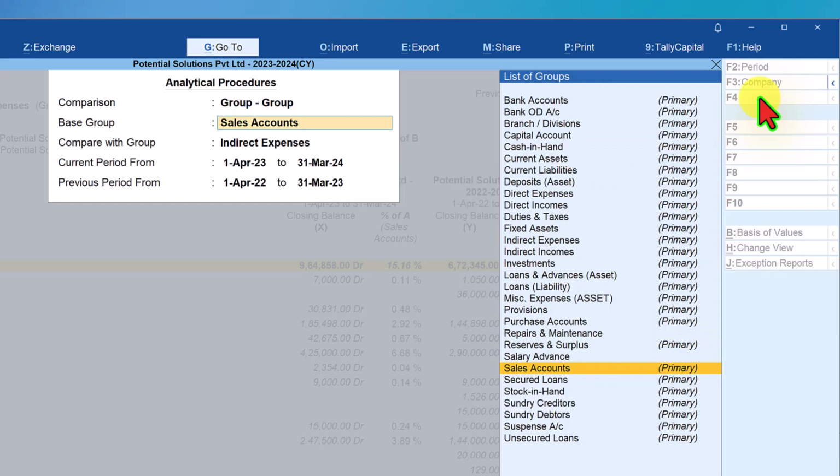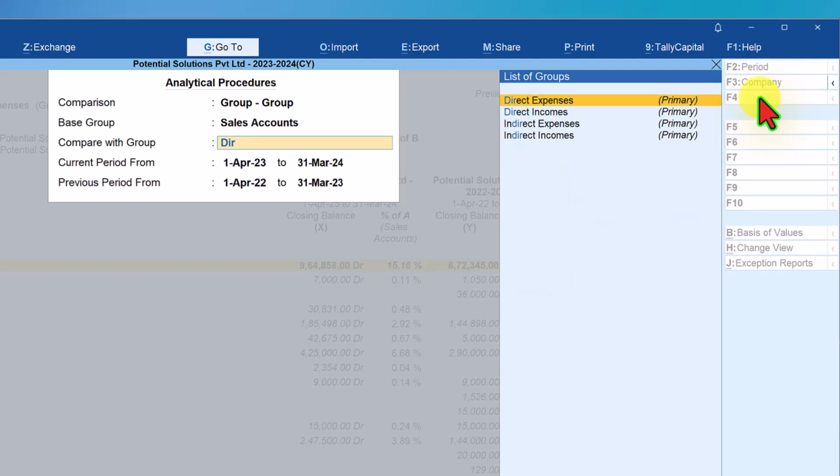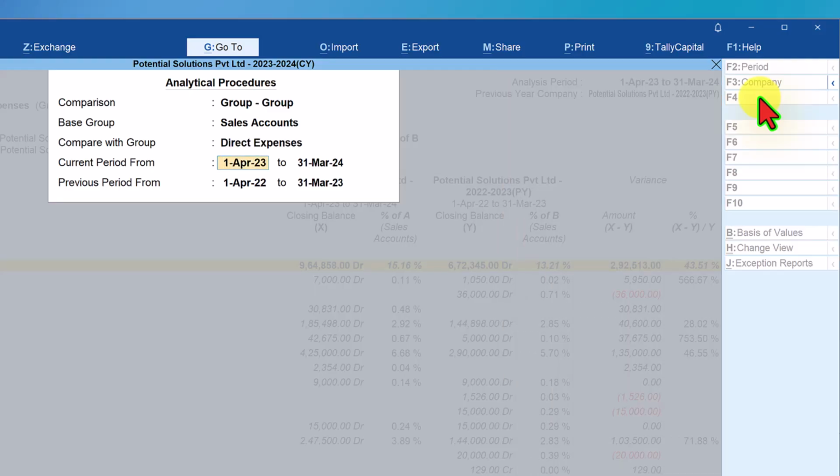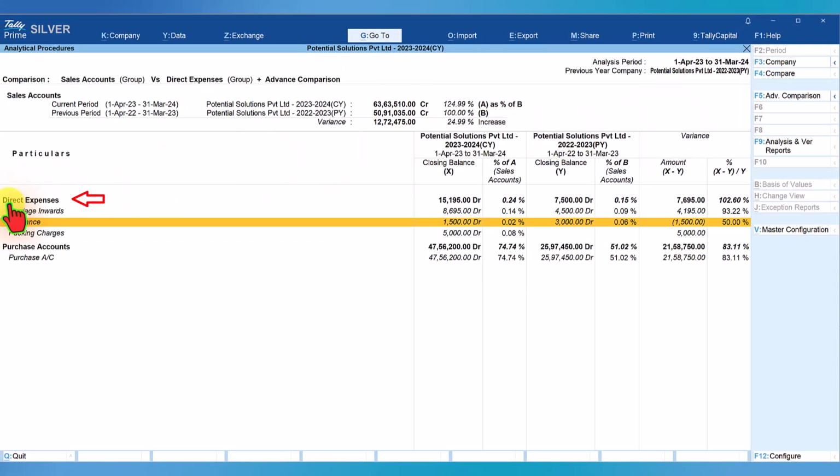So here you can select sales group as your base group, or any other group you can select as your base group. And instead of indirect expenses, let us say you want direct expenses to be replaced. Just select direct expenses, and the period can be changed or you can leave it as it is, which I mentioned in my previous video. Just accept this, Ctrl+A, and now you will see that the comparison or the analysis that you are now viewing has sales as your base master, and indirect expenses has been replaced with direct expenses, and we have added